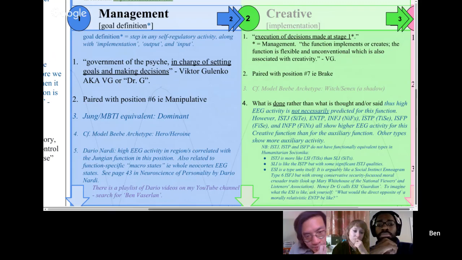But I do think that for better or for worse, your management function is going to be the tool you use the most. So all of the other functions are going to come out. It's going to be expressed with the management function, regardless of if it's actually defining goals or not. So I think it's more correct to say that other people will see your goals being manifested with the management function, but I'm not sure if it's actually defining the goal per se.